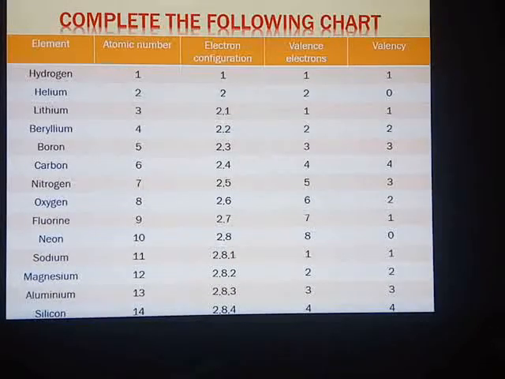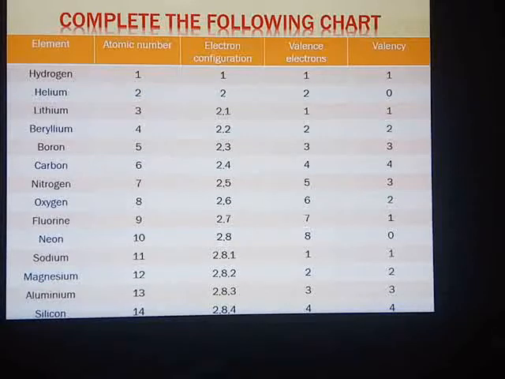Now yesterday, after understanding the concept of valency, I had told you that I want your textbooks in hand today, especially page number 54. Complete the following chart. Now this chart is based on the concept of valency. The element's name is given. They have given the atomic number. This chart was thoroughly done by me when the chapter was taught to you. So I will read once again. I will explain to you how the valence electrons derive the valency of a particular element. Those who have missed out on the video can copy it down in your textbook.